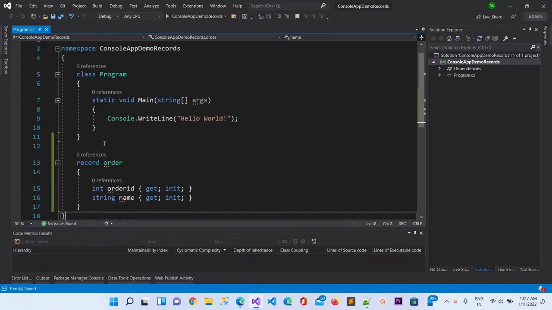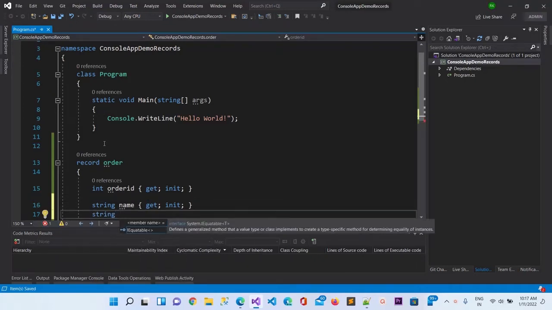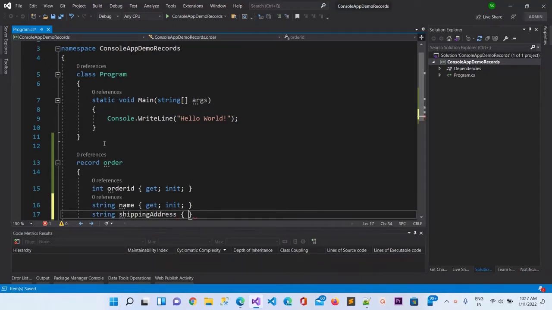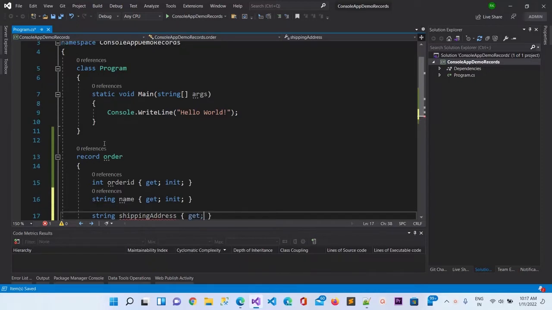Let me put one more thing as a string, shipping address, and here I will use get and set. Here I am not going to use init.